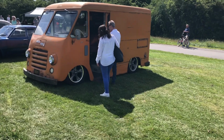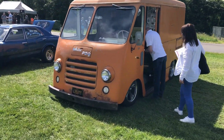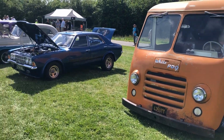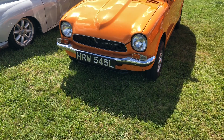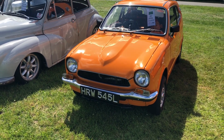And some customised white PDQ. It looks like a US vehicle. Yeah, it says a 61. It's a 61 US panel van. And a modified Cortina Mark III, Coke bottle style. Looks lovely though. Now, one of Honda's first efforts at cracking the European and US markets was this Honda Z600,